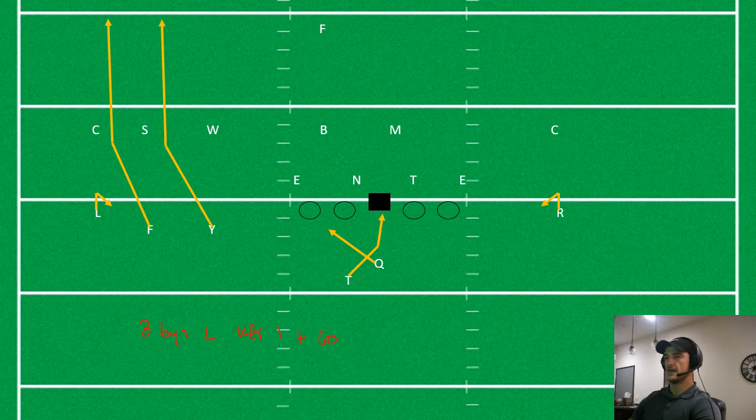So instead of the F and the Y blocking on a key 1, the L is still running his key 1, the R is still running his key 1. We're still making the pre-snap read. If he's 7+ yards off, we're going to throw it over here. If he's not, then we're reading this side. We're counting the box still,